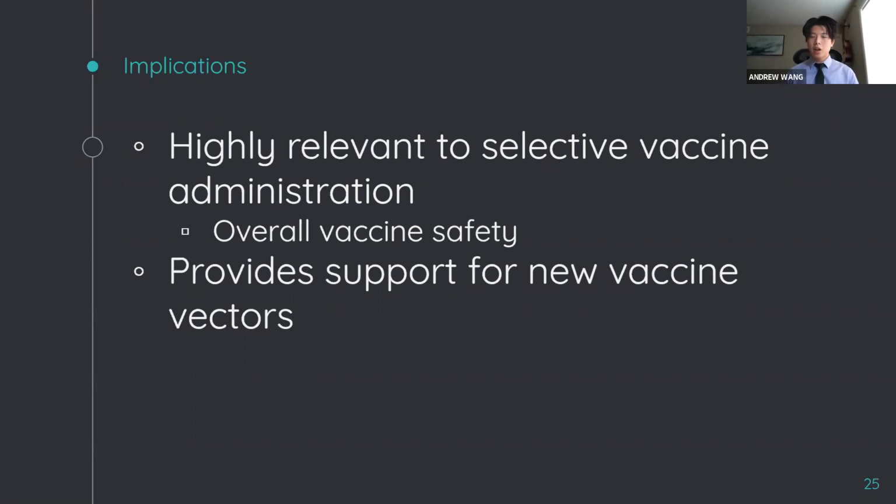In addition, this also supports overall vaccine safety. It assuages fears that one vaccine is better than another in terms of moderate or severe adverse events, given that the 2 vaccines have non-significant numbers or percentages of those adverse events. In addition, this conclusion also provides support for these new vaccine vectors. The